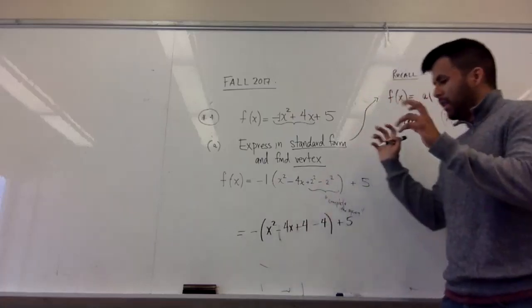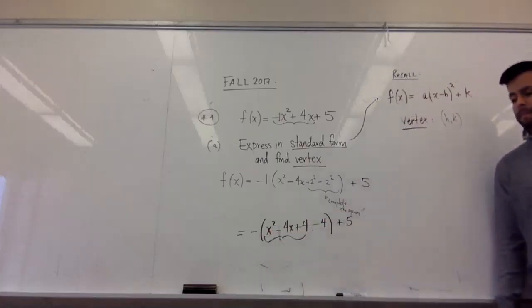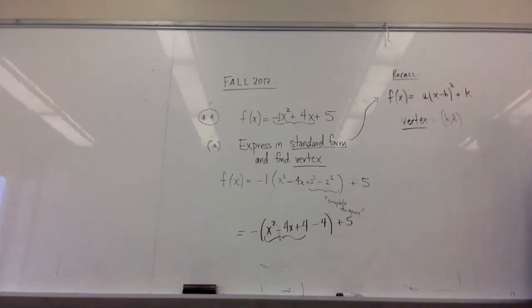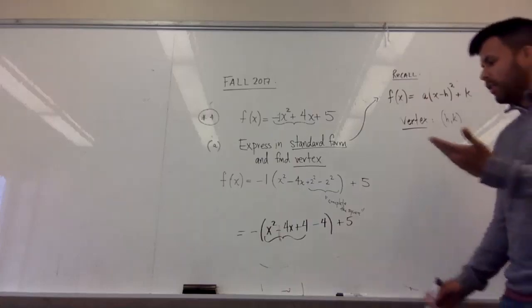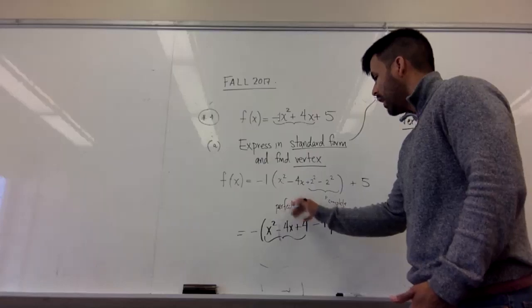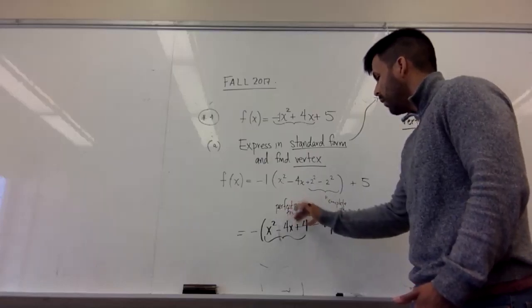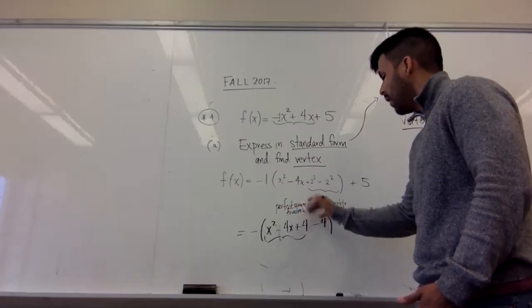Now that I completed the square, what is this here? (x - 2) squared. Perfect. It's a perfect square trinomial. That's what happens after you complete the square: you create a perfect square trinomial. And why is that good? Because I know how to